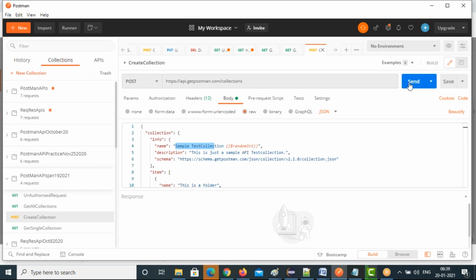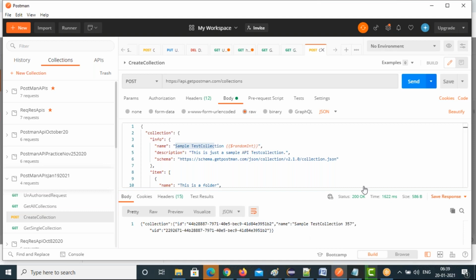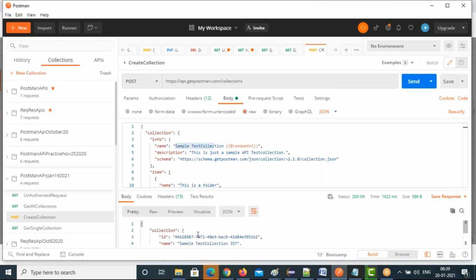Then click on the send button. The collection will be created. See that, 200 OK. And you got, see that, this sample test collection, the name. It will format properly.